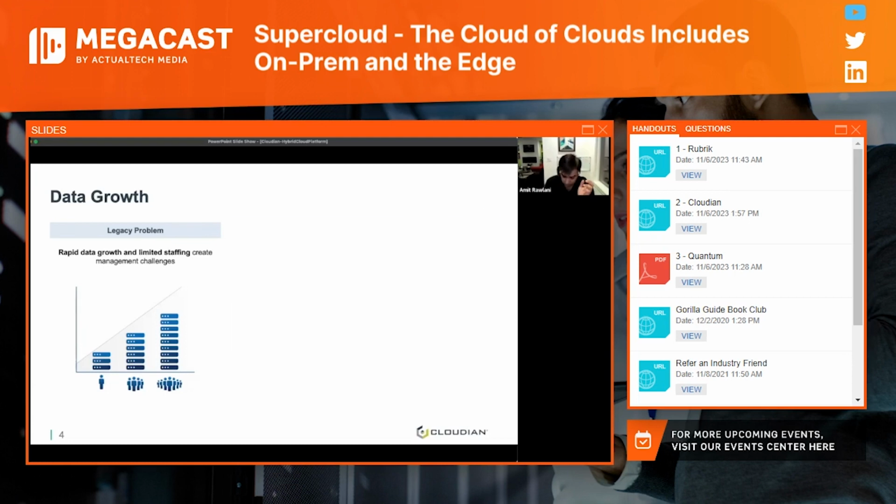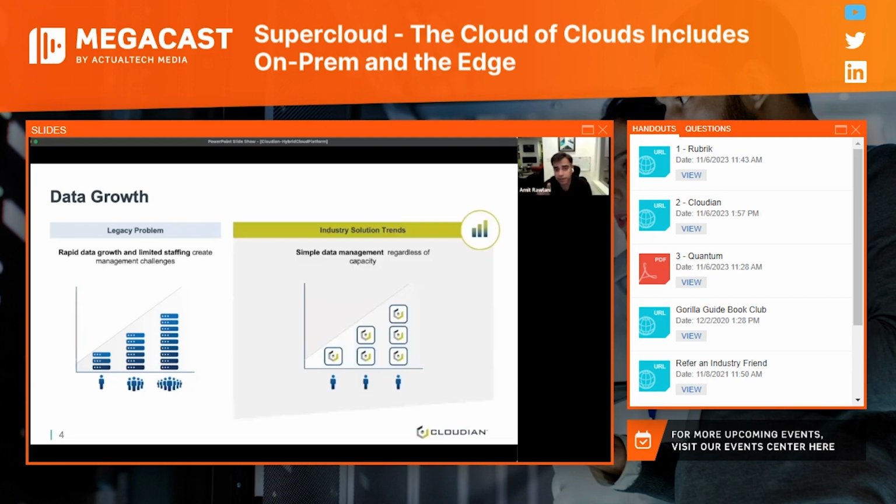Now, what are the solutions to address this? So from an industry perspective, what we've seen is simplification of data management is the key aspect, right? A modular system that can grow seamlessly in capacity without growing in complexity is the need of the hour, right? Being able to simplify and standardize your architecture designs across on-premises, public cloud is what's going to help you manage